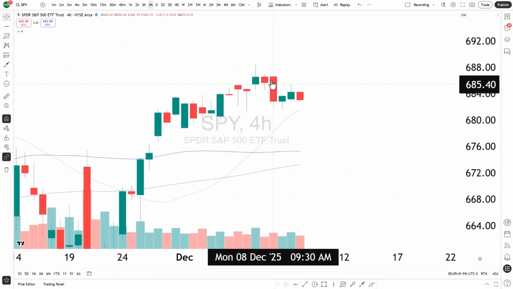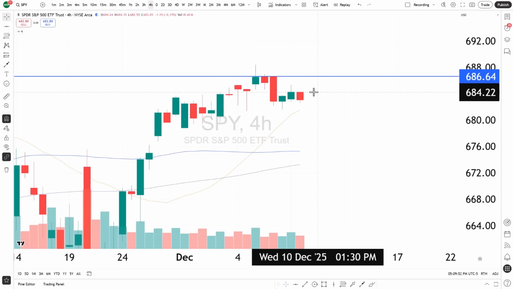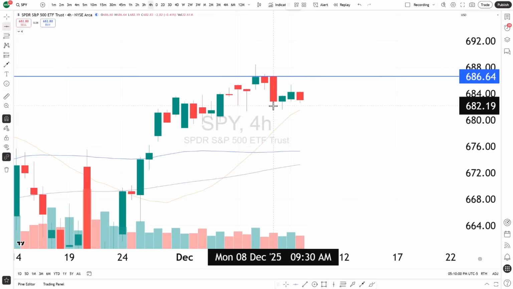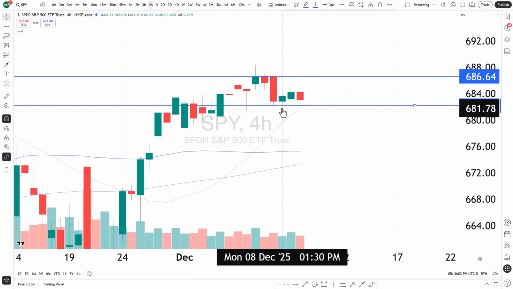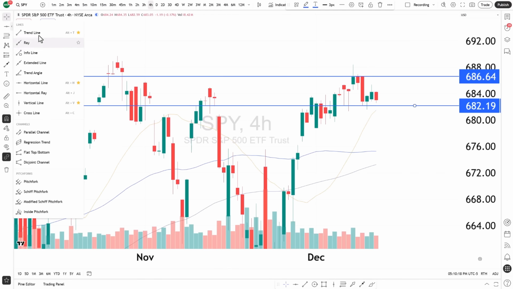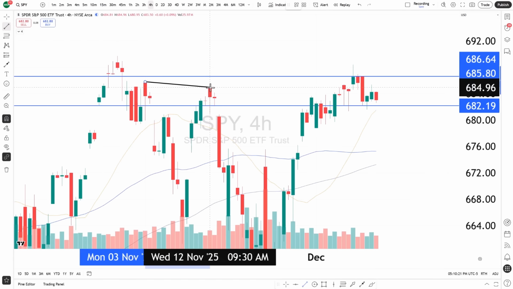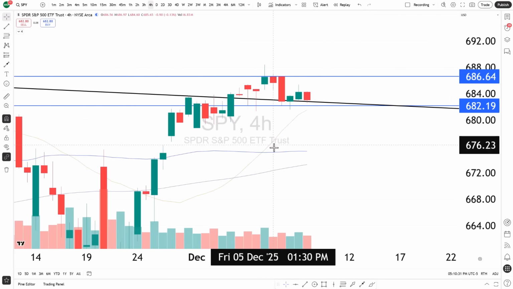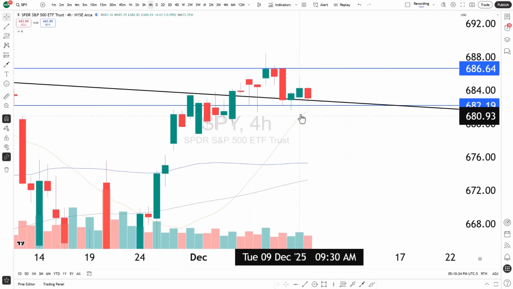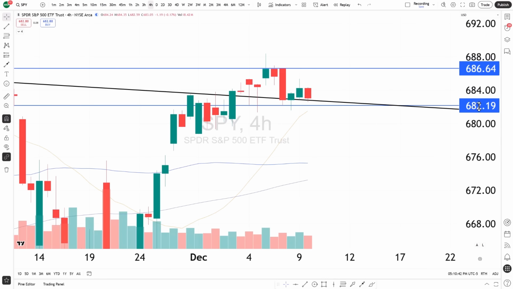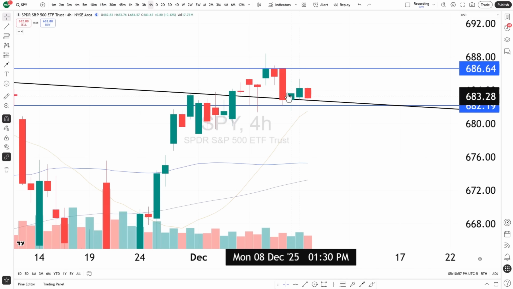So going back to the most recent inside bar pattern situation that we have, closing above this high is going to be the tell. It's the line in the sand that we have another move higher. But on the flip side, if we start to close below the low, as you can see, we did spike the low, but never closed candles below it. What we could also do is draw our trend line and extend this out to the right, and as we can see, that's in a very similar vicinity to that number, which comes in at 682.20. So getting below that will open the door to another leg lower.